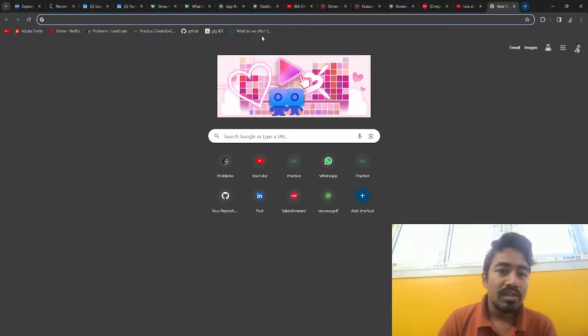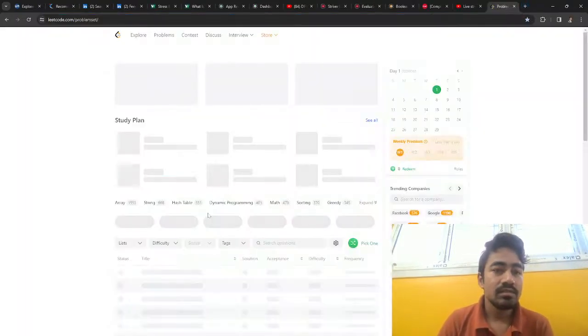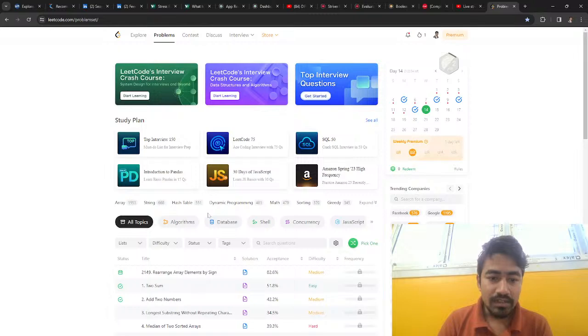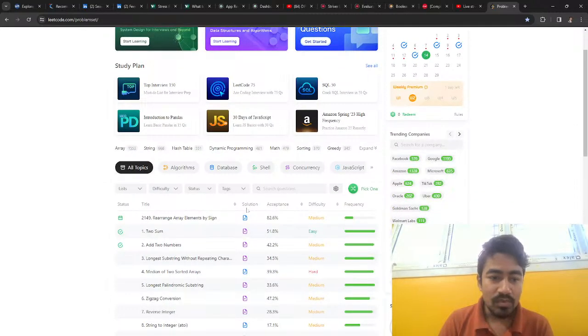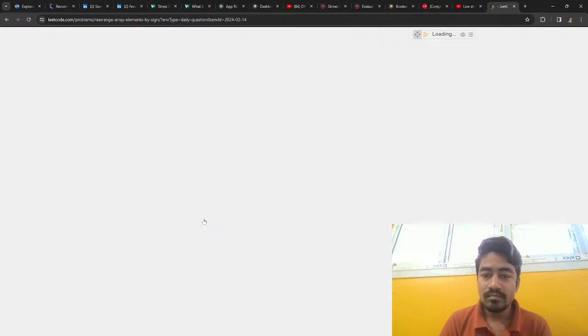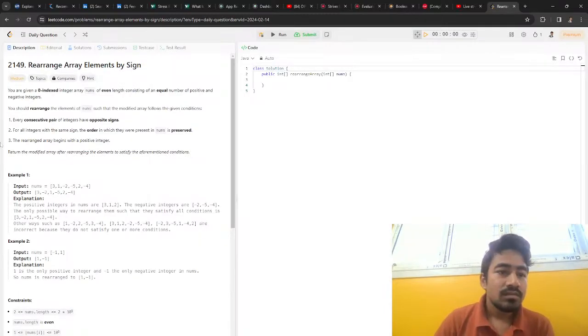The LeetCode problem of the day section, and today we are having a medium problem: rearrange array elements by sign. Okay. First, understand the problem, what it is saying. You are given a zero indexed integer array nums of even length, okay,